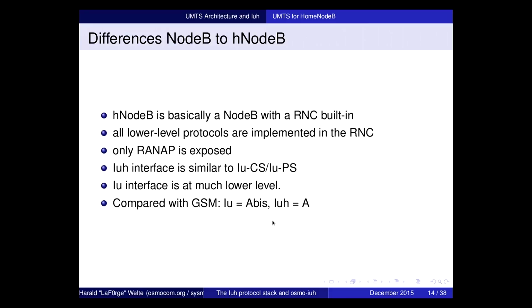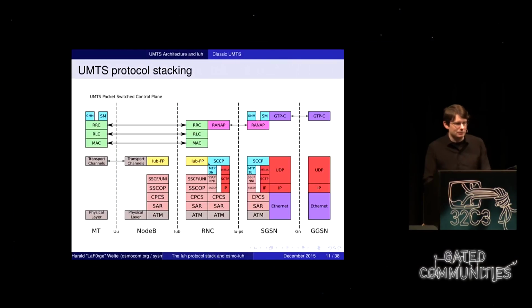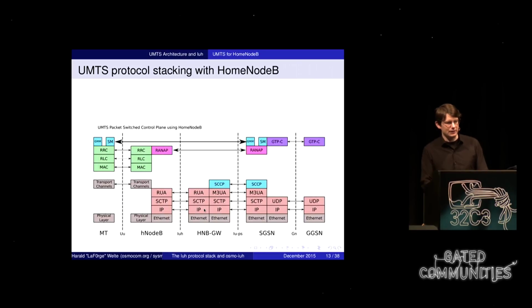Okay, so as I said, there are some differences between a regular old-fashioned UMTS base station, like your public operator would use, and the home node B or femtocell that we like to use in this project, at least initially. And the main difference is that the RNC, the radio network controller, is built in, so a lot of the lower layer protocols are terminated, and we don't need to worry about that. If we look at the protocol stacking again, there are a lot of protocol layers here. You can see the MAC layer, the RLC layer, the RRC layer, and all the physical stuff underneath is already implemented because it's part of the femtocell in this case.